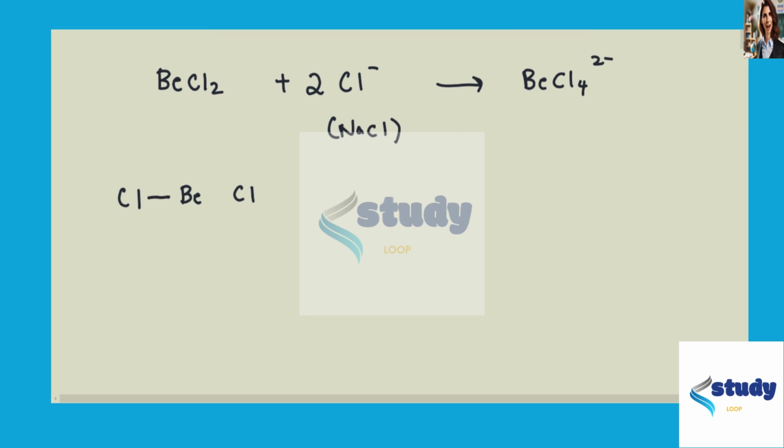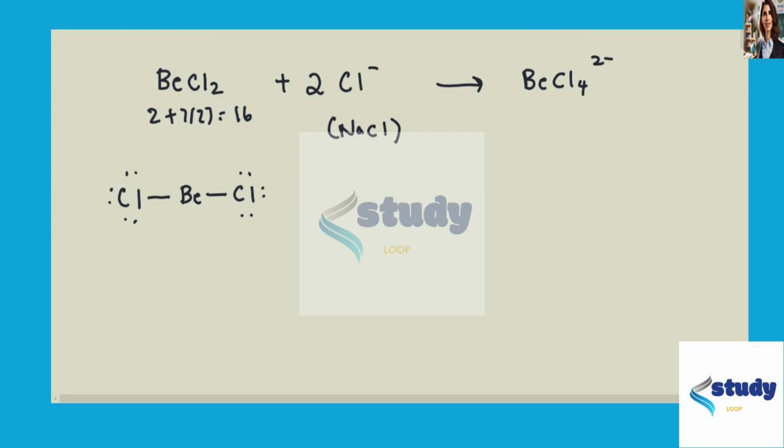And we will, as always, start by drawing single bonds between beryllium and the chloride. And then we will fill in the rest with lone pair electrons on the chlorine. So we have a total of 2 plus 7 times 2 equals, we have 16 total valence electrons. And we have 4 taken care of here, so the rest are going to go in 6 lone pair electrons on each chlorine. Okay, we've completed our 16 electrons, we're all set,